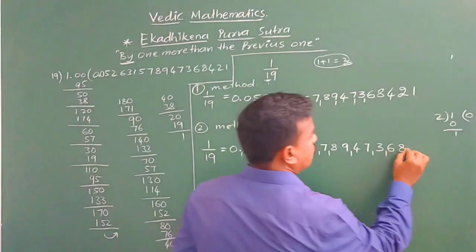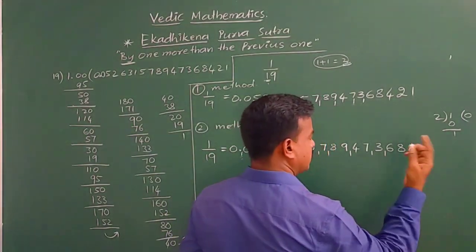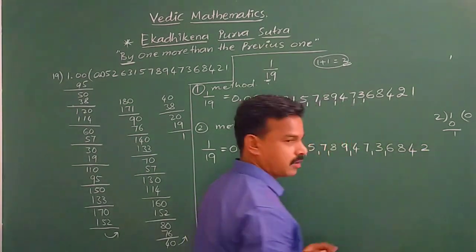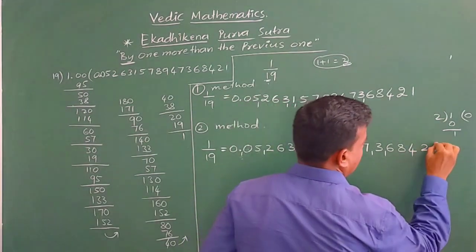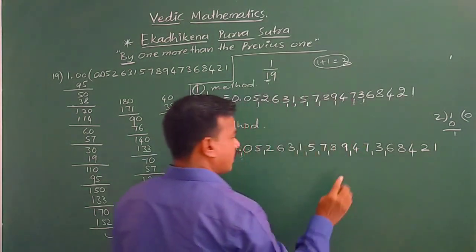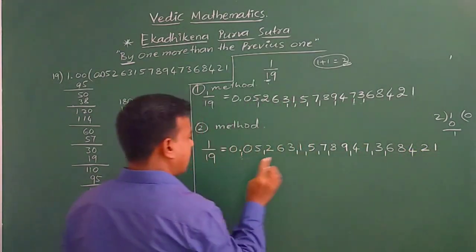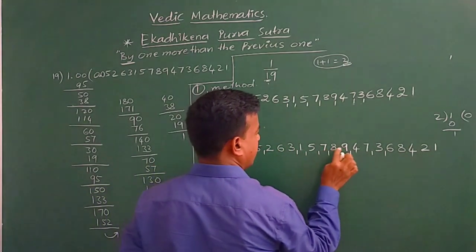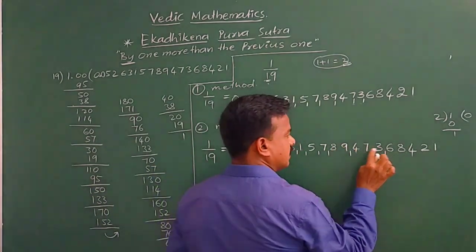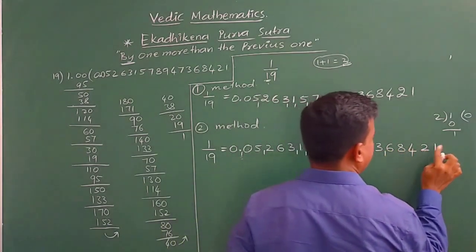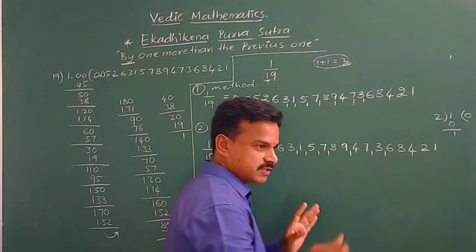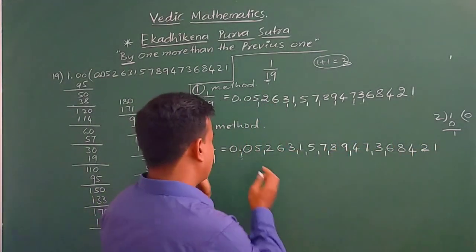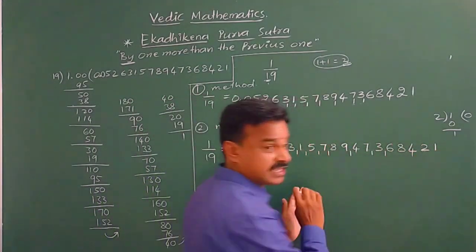Okay. So 2 4s are 8 now. There is no remainder. We need not write any prefix. 2 2s are 4, and next 2 1s are 2. Okay. Still here we got 18 numbers: 1 2 3 4 5 6 7 8 9 10, 11, 12, 13, 14, 15, 16, 17, 18. 18 numbers. That's why this division is over. From here to here, this group of 18 digits is repeating.